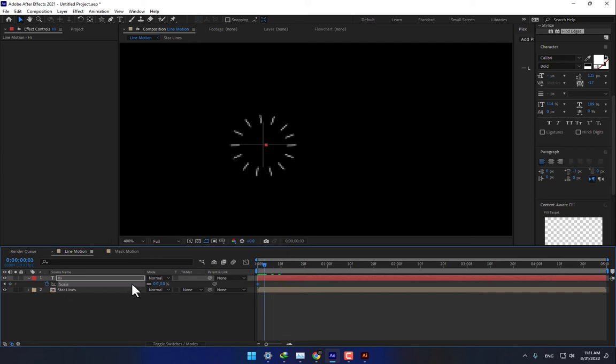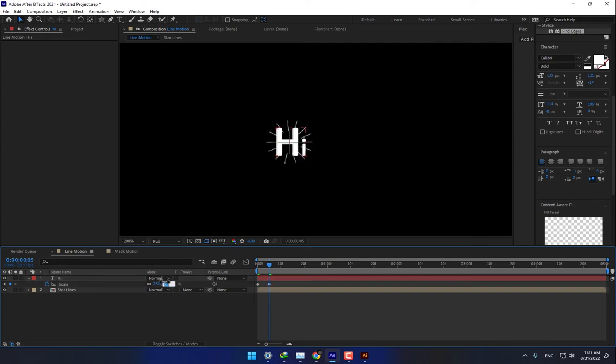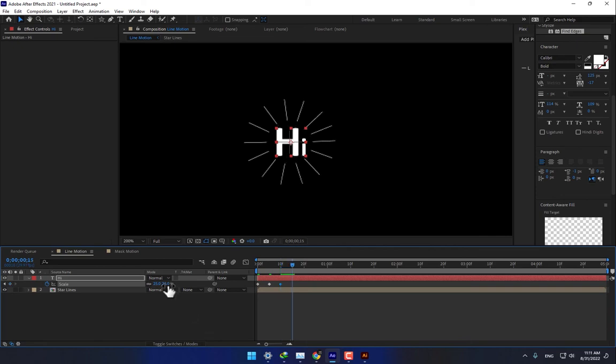Stopwatch, 1, 2, 3, 4, 5. In 5 frames, change this one to 15 or 25. Let's change to 30. Another 5 frames, change again to 25. Another 5 frames, right here, 30%. It means